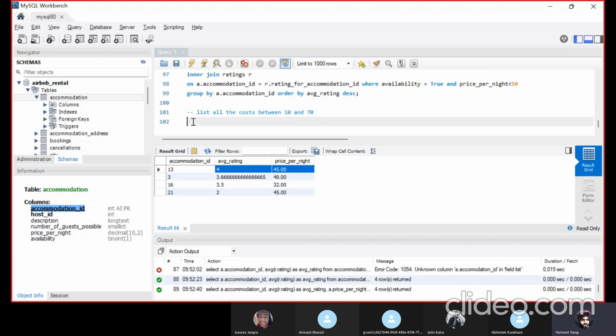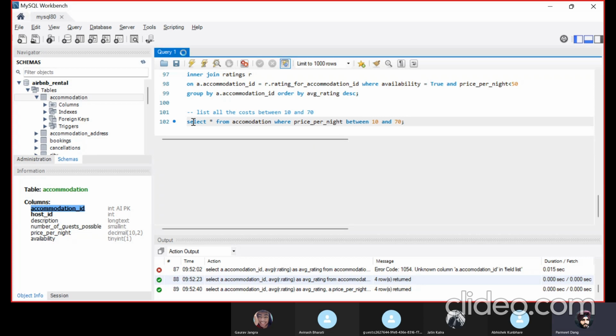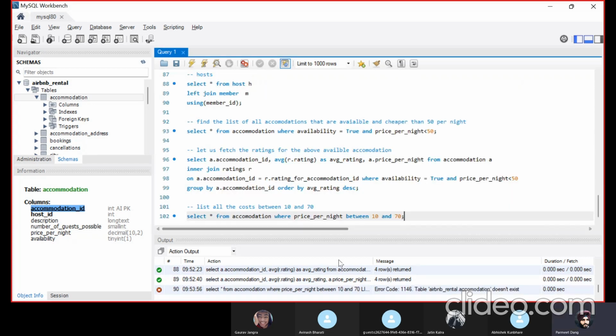Again, I'll go to the accommodation table, select star from accommodation where price per night is less than 70, and why to do this, we can do between 10 and 70. Okay, where price per night,